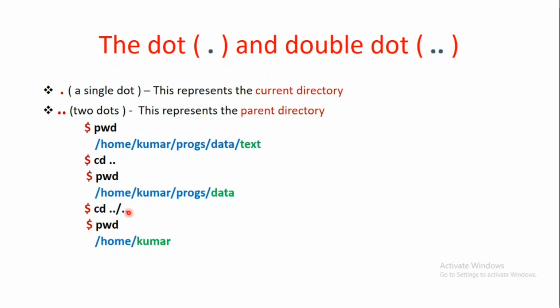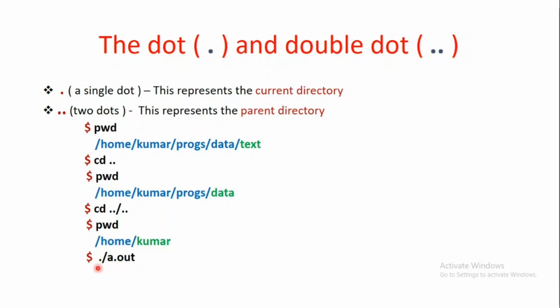Okay, and what is the use of single dot? I'll take a very good example which you have all come across. Whenever you compile a C program and try to execute the executable file a.out, sometimes when you directly execute a.out, it will not execute the executable file. It is expecting you to give the entire path to the a.out. So normally what do we write? We write dot slash a.out.